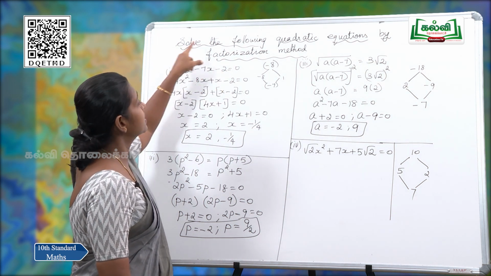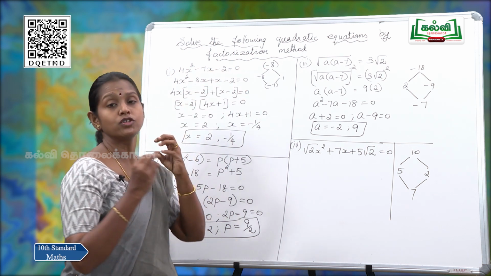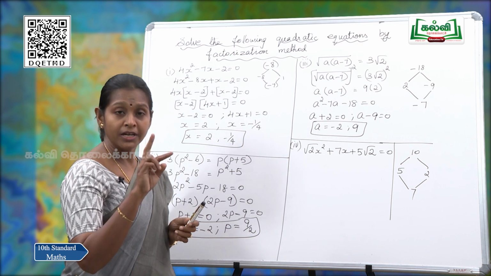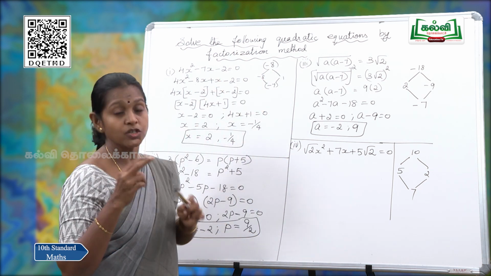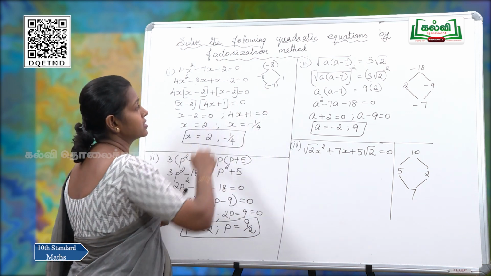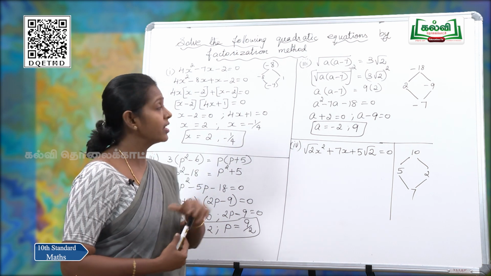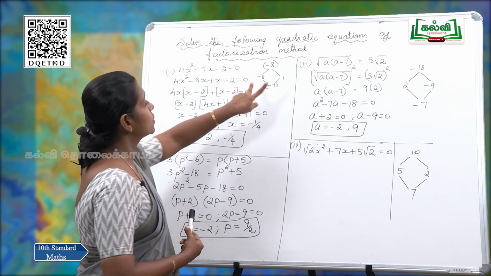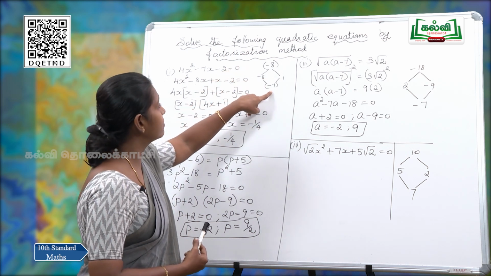That means you have to multiply this 4 with 2, you will be getting minus 8. So, you have to choose two numbers that if you multiply those two numbers, you should get minus 8. If you subtract or add, you have to get minus 7. So, what kind of numbers is it? What numbers are there? Right, minus 8 and 1. So, if you multiply, you will be getting minus 8. If you subtract, you will be getting minus 7.